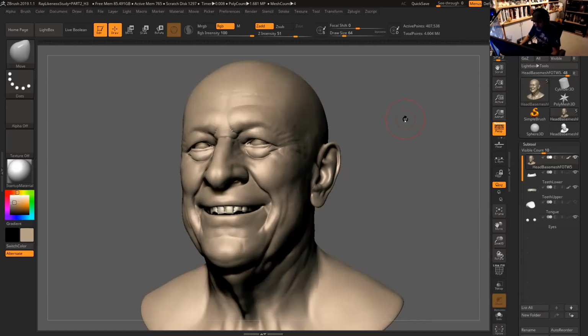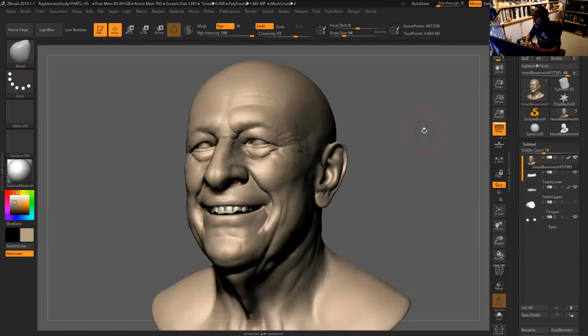Yesterday I was talking about working in production, and that everything is very linear and quite boring in a way, because you're dependent on the next person every time. You do your part, the model, then pass your model down the road to a texture artist and then a rigger.